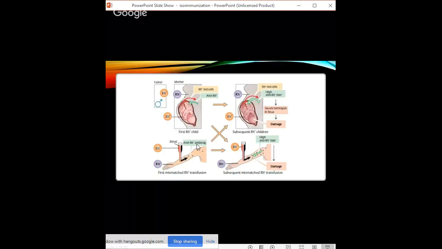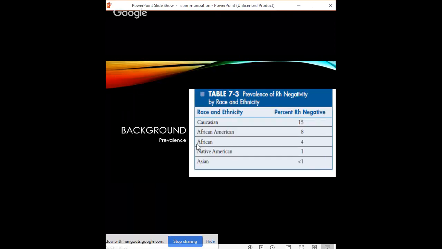This is a small diagram that summarizes how isoimmunization occurs. However, later on in the presentation, when we're talking about the pathophysiology, this would be explained better. So in terms of background, here we have some